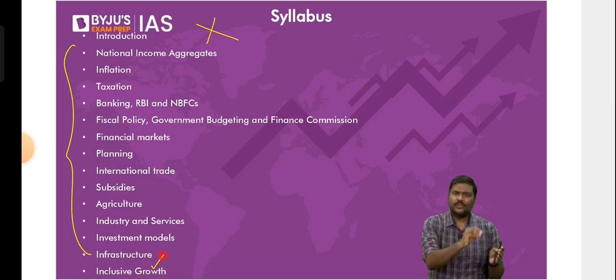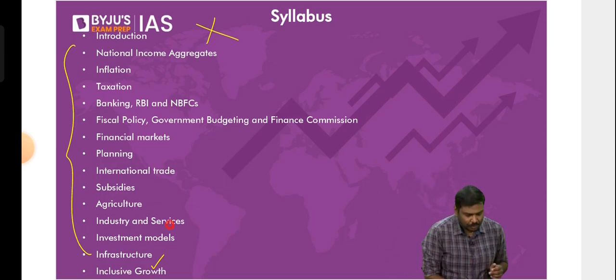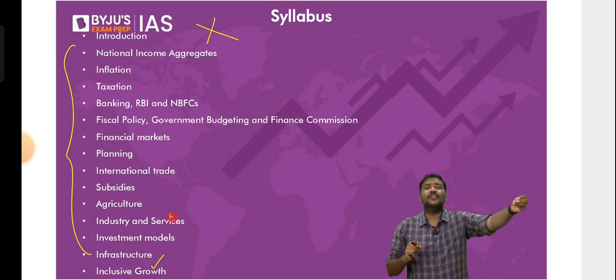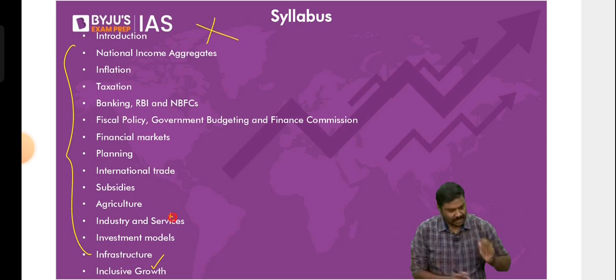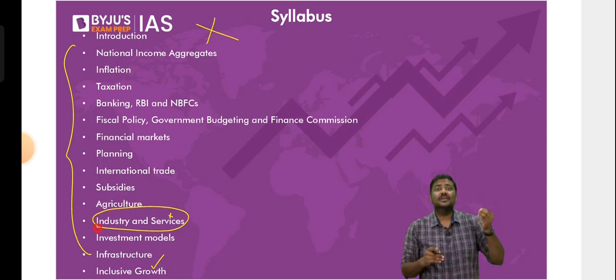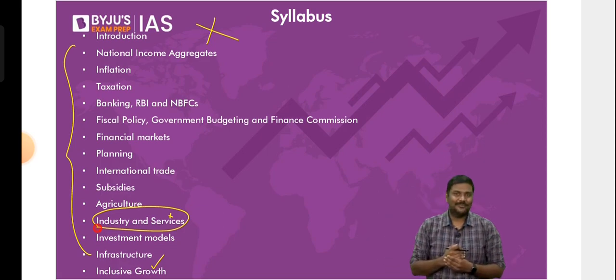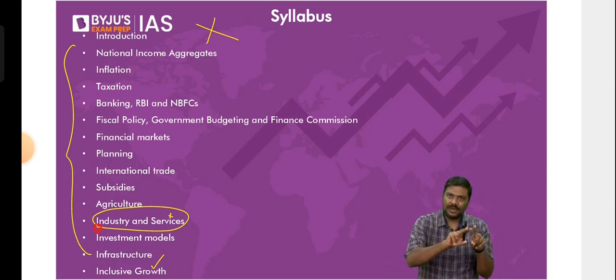Because there is no guarantee from which chapter the question will be picked up by UPSC. Yes, there are certain guaranteed chapters, but I cannot simply say there will be no question asked by UPSC from industry and services. That would be wrong. Why? A couple of years ago, suddenly UPSC asked a question on LPG reforms, which comes under the chapter industry and services. So I can't simply say, leave it to mains, don't read it for prelims. What if suddenly one more question is asked next year on a concept of, let's say, MSME, or industrial policy, etc.? So please don't differentiate, read simultaneously for both prelims as well as mains.